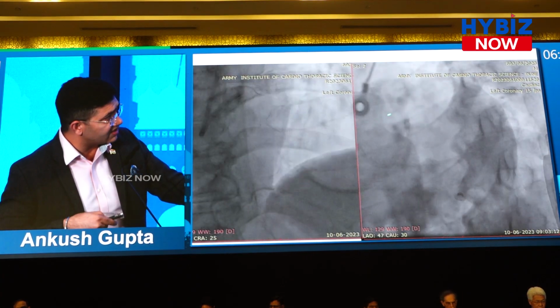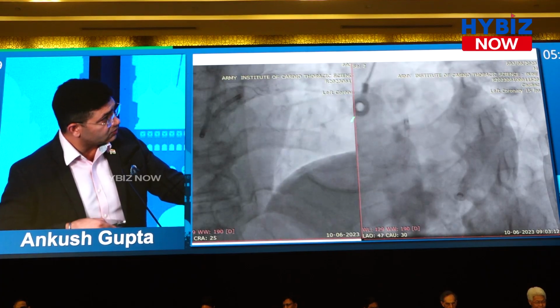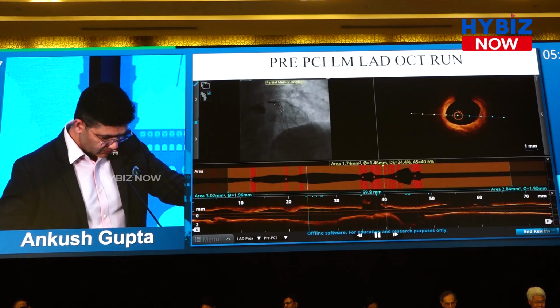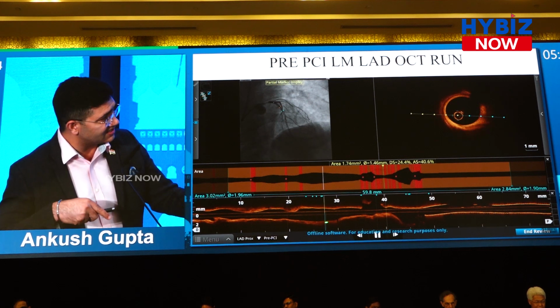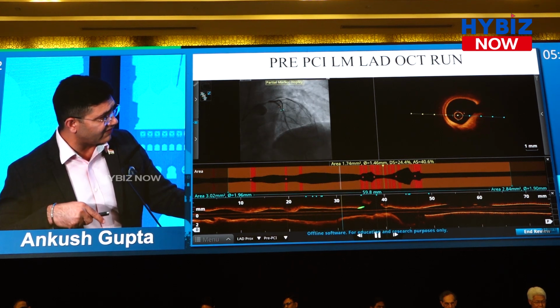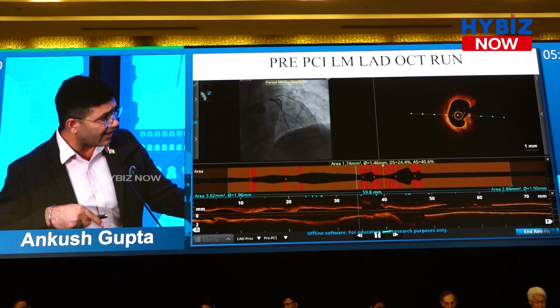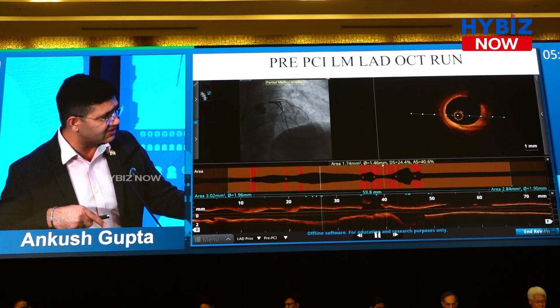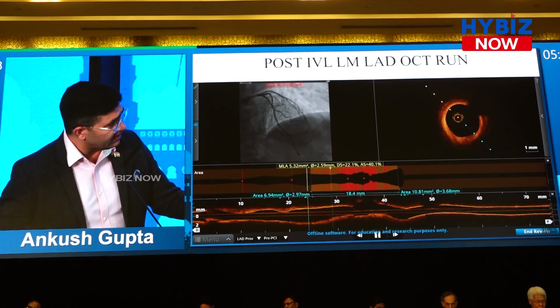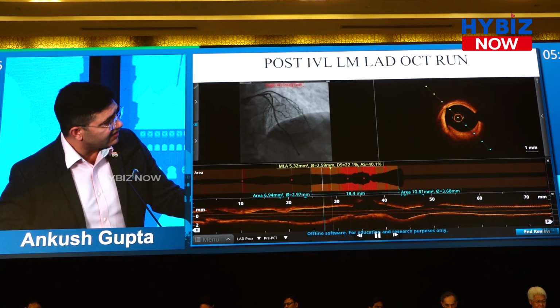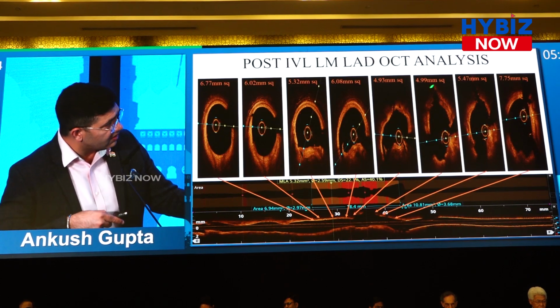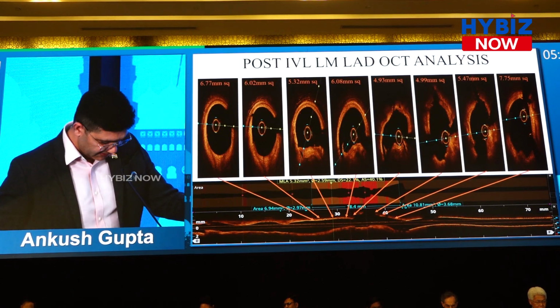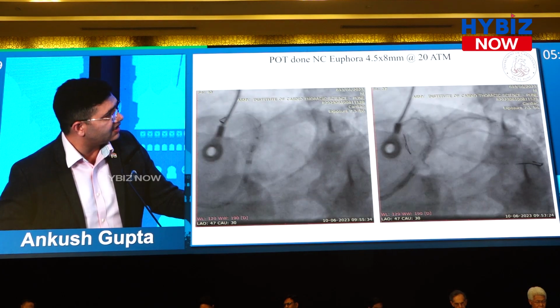So it's another case, with significant left main bifurcation disease. Let us see what the OCT says. When we did the OCT, we found that the lesion is calcified. There is an eccentric calcified nodule. This is the mountain of nodule. I need to prepare this nodule before putting a stent. If I don't, my stent will get deviated this side, there will be cranial shift, and then there will be side branch compromise. So we prepared this vessel with IVL. IVL showed beautiful deep cuts, followed by which we placed the stent from left main to LAD. I'll show you the result.